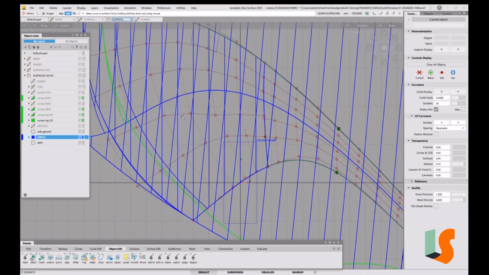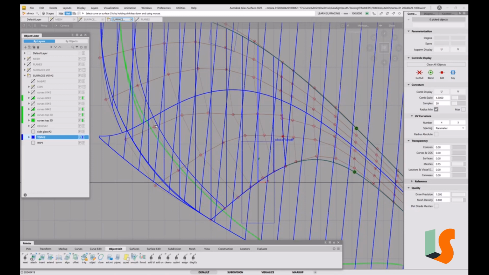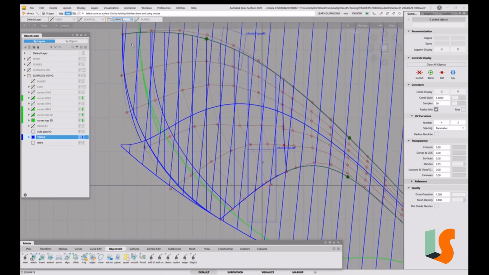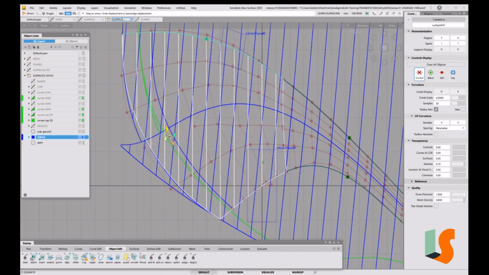Right, so I'm now going to slide these CVs. So I'm trying to get a nice smooth shape through here. What you can do sometimes, if you wanted to, is I can see these lines here. If you look at these lines here, that one, that one, that one, that one, they all sort of fan out apart from that one. That one looks odd. So that one, actually, we should move that one before we do anything else. So in other words, it's sort of halfway between the angle of that and this one on either side,